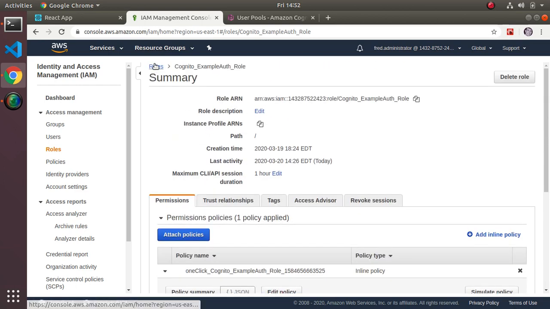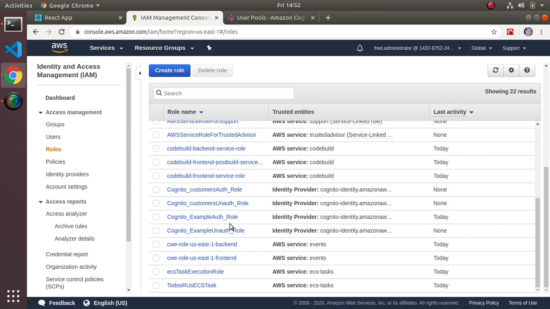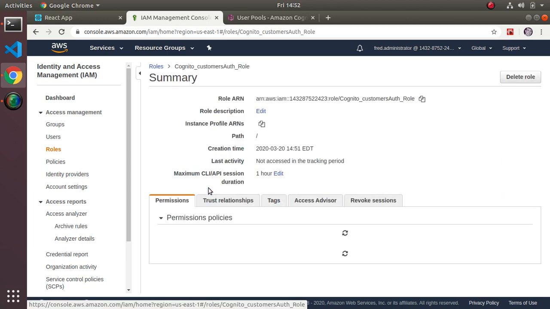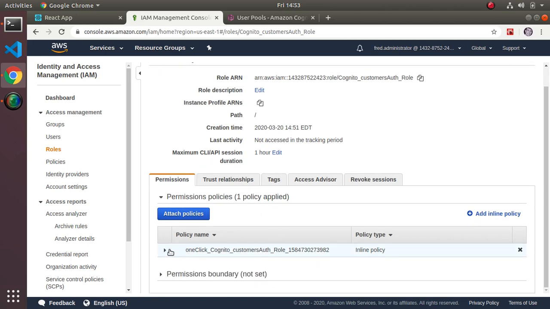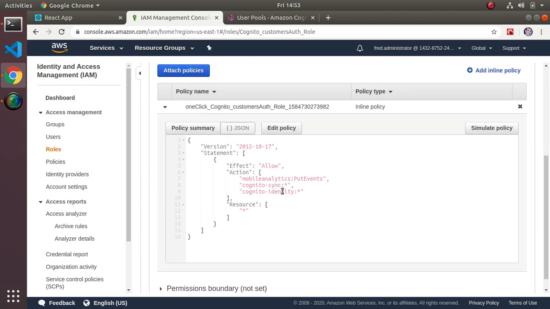So one of the new roles that got created should be Cognito customers. Here it is. So this auth role is the role that, when people are authorized, they can take over. This is the role that they can assume. And this is the policy that was auto-generated, and it has some specifics around Cognito. But we want the user who uses the app to be able to write to certain DynamoDB tables, or one table. And so what I'm going to do is edit this policy